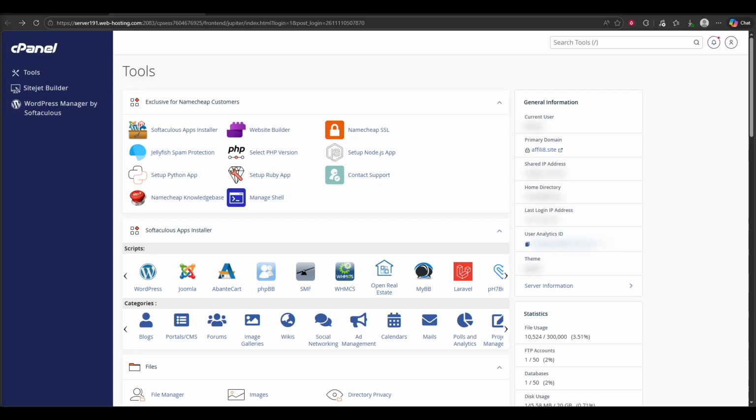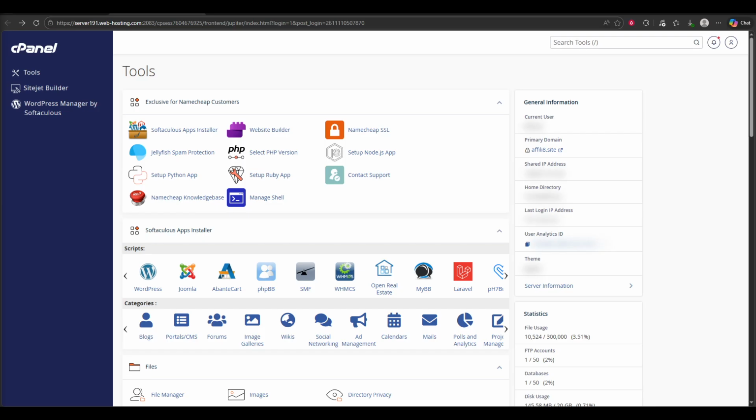First, you need to log in to your cPanel account. The most common way to do this is by going to your domain name followed by /cPanel in your browser's address bar. For example, type your domain, add /cPanel at the end, then press enter. This should bring up the cPanel login page. Here, enter your current cPanel username and password, and then click the button to log in. If you're already logged in through your hosting account dashboard, you might be taken into cPanel automatically, and you can